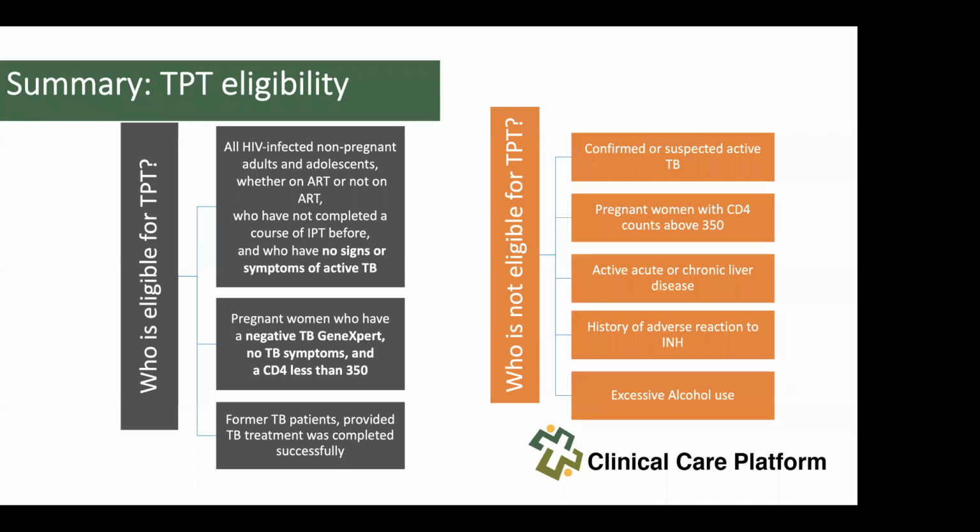And there's a question always that says, so if someone completes TB treatment today, where can we start INH? We say as soon as you have confirmed these three things, that your patient's smears are negative, the symptoms have resolved, and your patient is gaining weight. There's no waiting time. And the rationale behind it is that we do know that our TB patients who are living with HIV tend to have a recurrence. They complete today, within 2 to 3 months, they are back. We assess them, we start them again, because after 6 months of treatment, some patients still have this residual dormant latent TB, which can reactivate in few months' time.